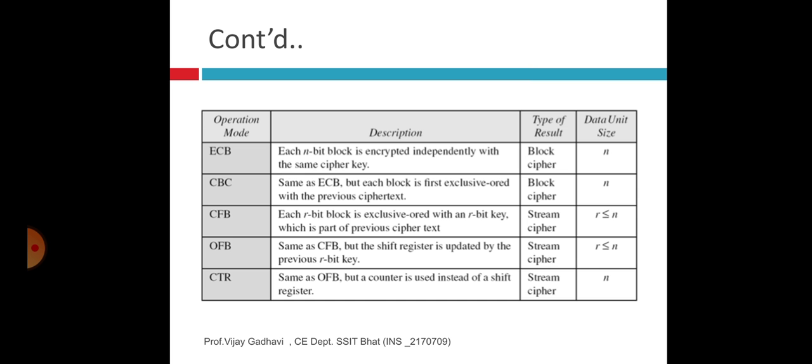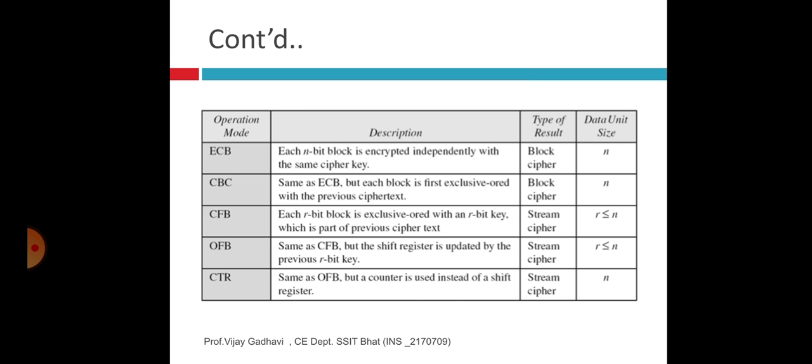Result is a block cipher, data unit size is n. Then CBC is the same as ECB, but each block is first exclusive-ORed with the previous ciphertext. Here the result is again a block cipher and data size n.